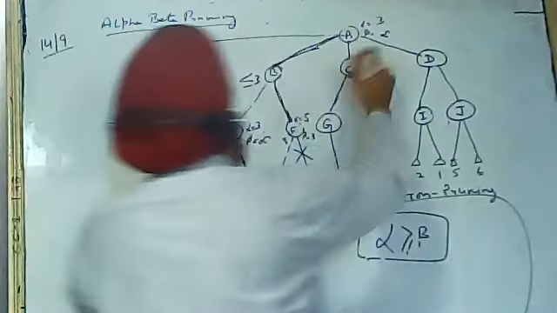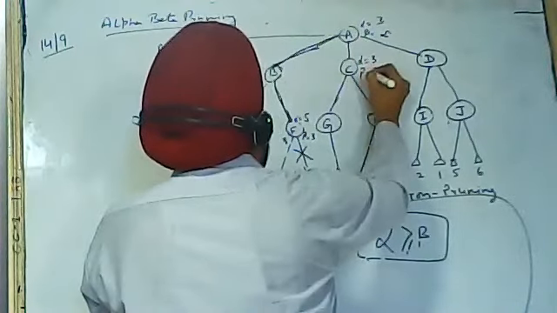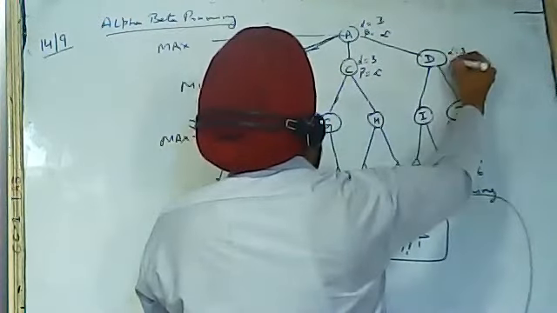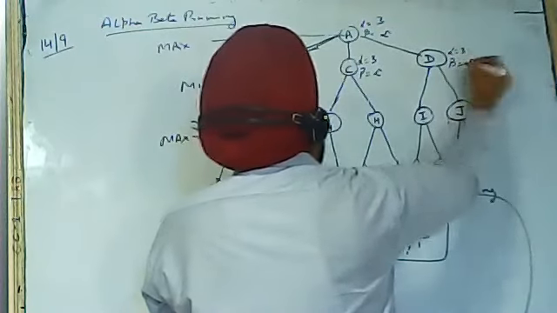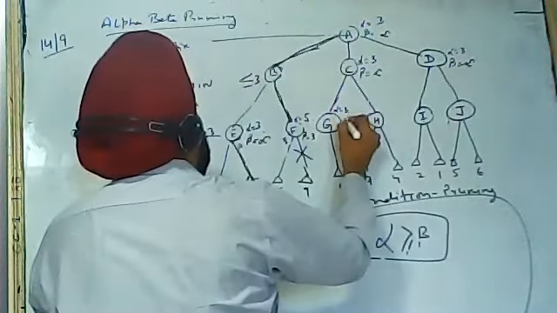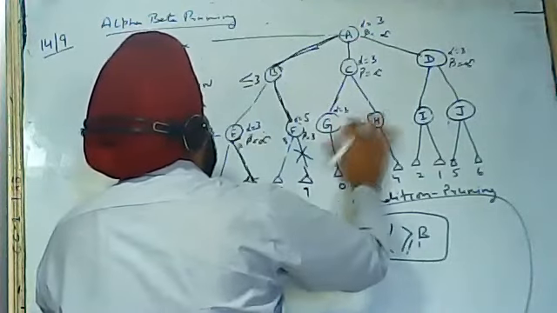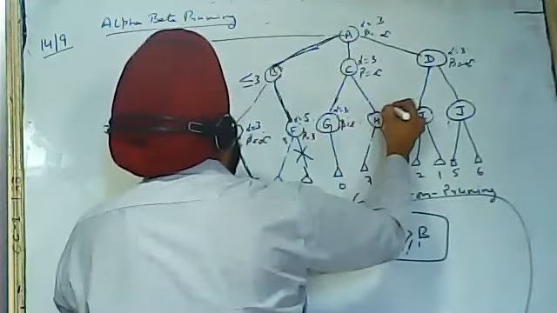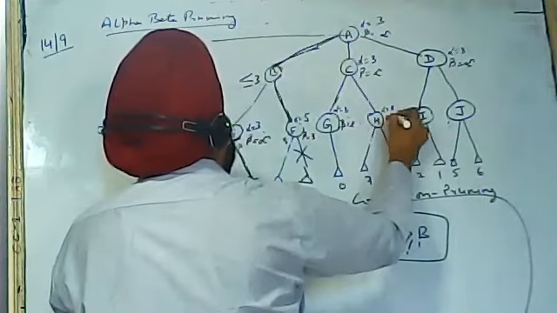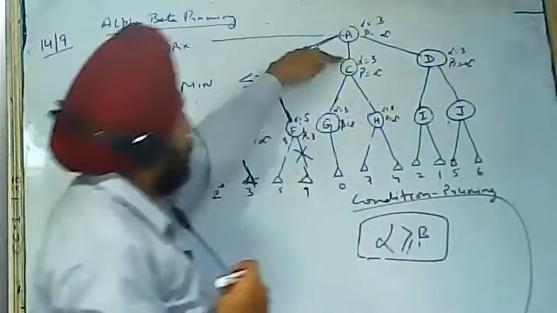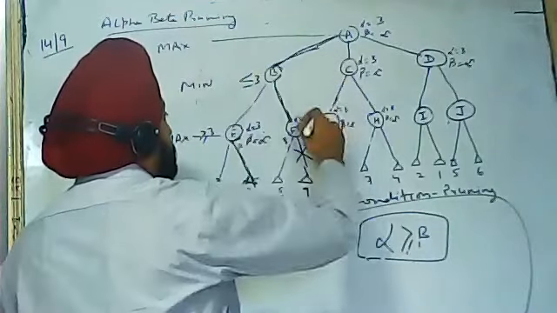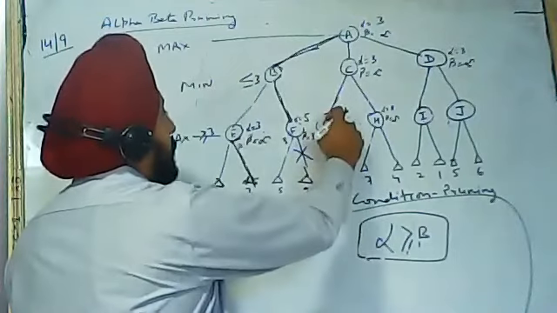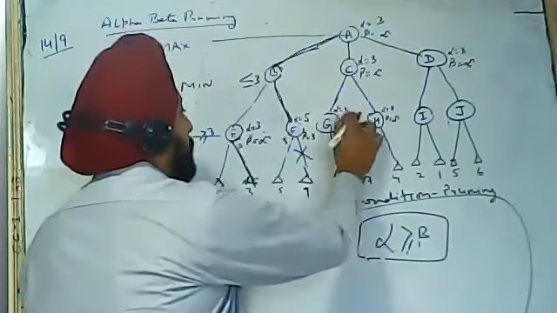So let us bring this alpha value 3 here, beta value infinity here. Same also, alpha value 3 here, beta value infinity here, alpha value 3, beta value infinity. Now let's come. From C, we move to depth first, we come here. Here alpha has 3 and beta has infinity, so it is the turn